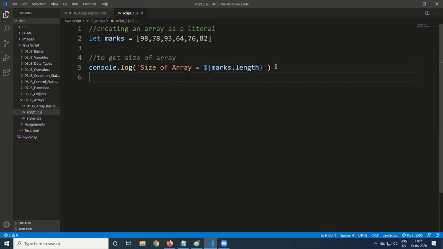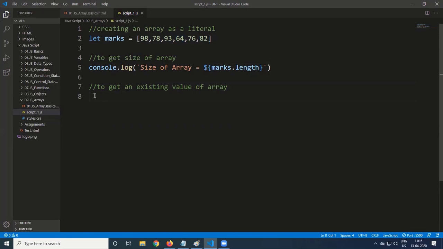Now, if you want to get an existing value of the array, existing values are indexes 0 to length of the array minus 1. The first data is stored at index 0, second data at index 1, third at index 2, then 3, 4, 5. So 0, 1, 2, 3, 4, 5.